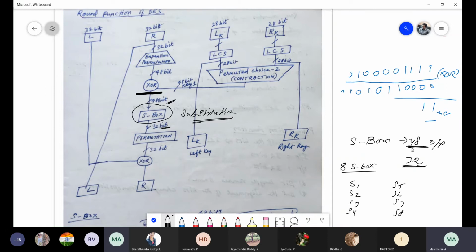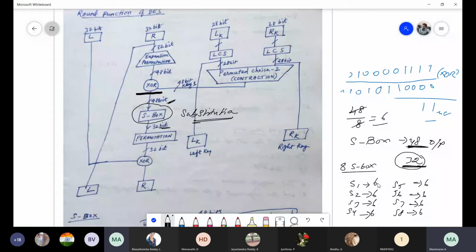So totally the input size is 48. Now we are having 8 S boxes. So for each S box, how many inputs do we have to give? 48 divided by 8, which means 6. So each S box, the input size is 6 bits. Then what is the size of the output from the S box? 32.